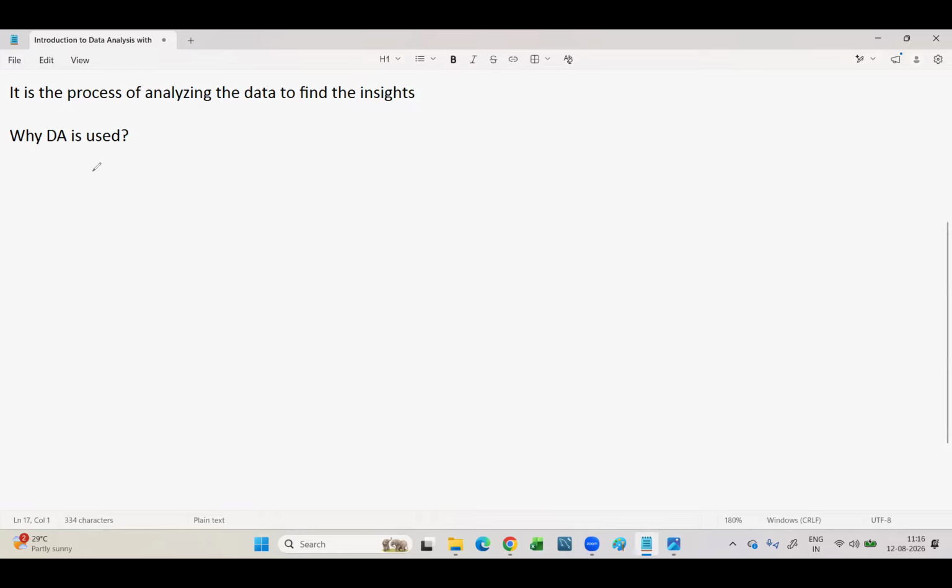So consider case number 1, an example of a retail shop. A simple retail shop nearby your homes, you might have these kirana shops, right? Similar to that, there is one particular shop that is storing the data related to the sales happening in their shop. A very small shop, right? They're writing it on a piece of paper. So assume the shop opens at 9 o'clock and closes by 10 p.m. at night. In the morning, a customer came at 9 o'clock.